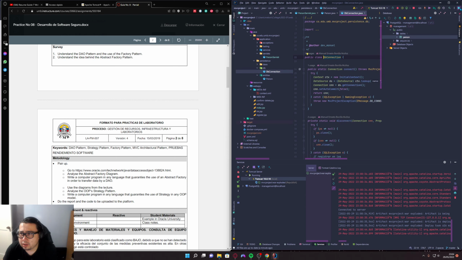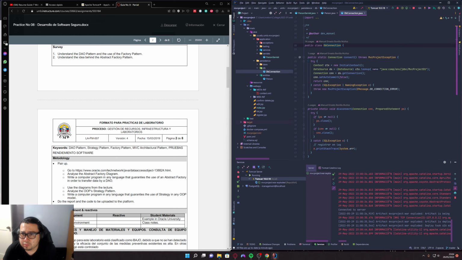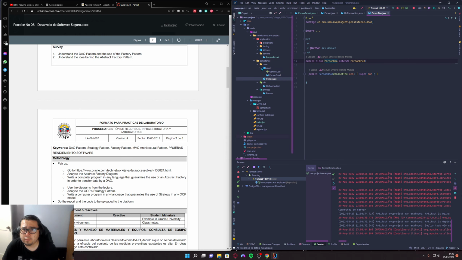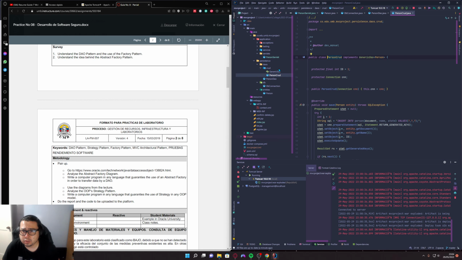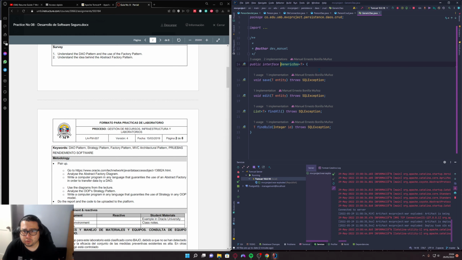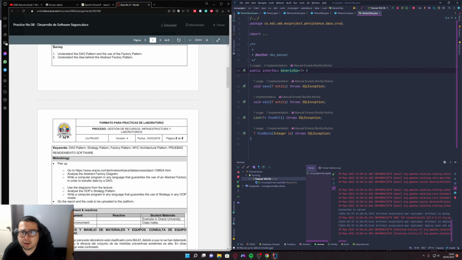We have a database connection based on a data source and a pool connection with the autocommit task disabled. So the application of the abstract factory is in the DAO package. We have a generic class that is person CRUD and generic DAO. With the generic DAO, if you see, we have a little interface